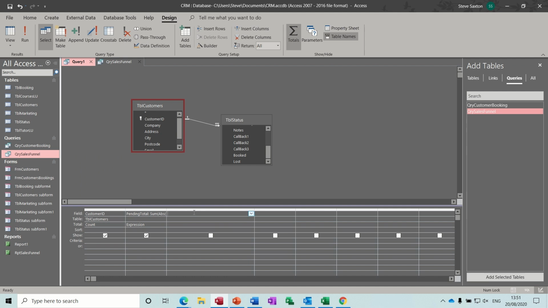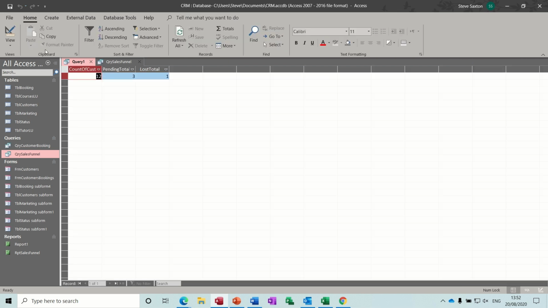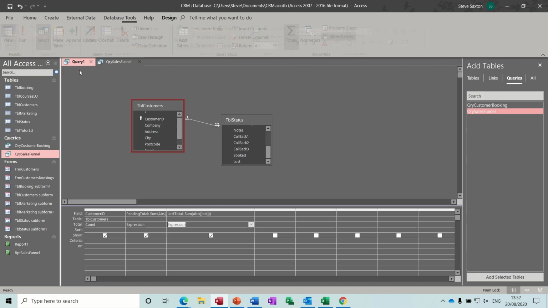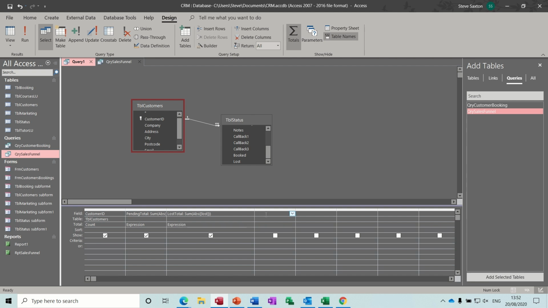So it's going to be lost. So the title is going to be lost total, colon. Now sum, open bracket, ABS, open bracket, and then lost inside square brackets, close the 2 brackets at the end, and change this to expression. Check it worked. 1, that's correct, there was only 1, and then the last one is going to be, just make a bit more space,